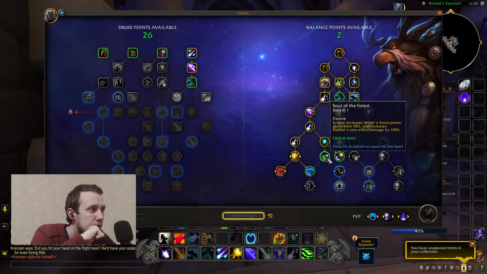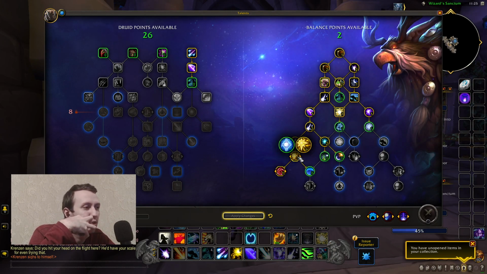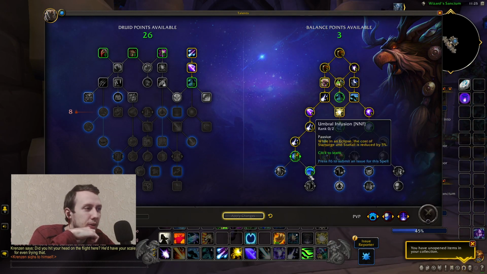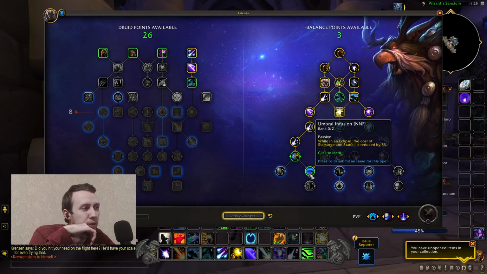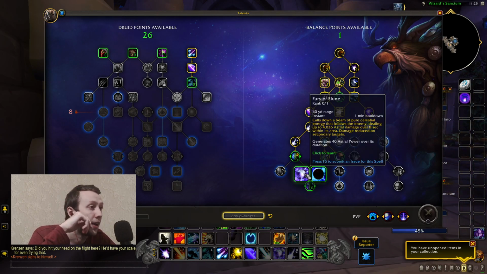Then we have our Soul of the Forest. Eclipse increases Wrath's astral power generation by 50% and increases Starfire's area effect damage by 150%. Man, but yeah, they went pretty hard on the last part of the tree to get you taking pretty hard choices here. Umbral Infusion, again work in progress: while in an Eclipse, the cost of Star Surge and Starfall is reduced by 5%. So just in any Eclipse, and it's probably going to be 10%, or they're working on numbers. And the last one,